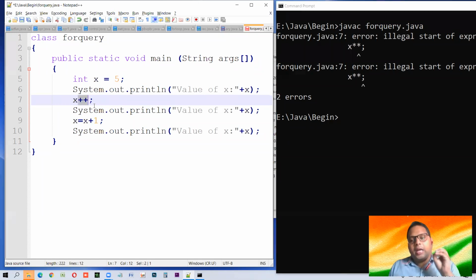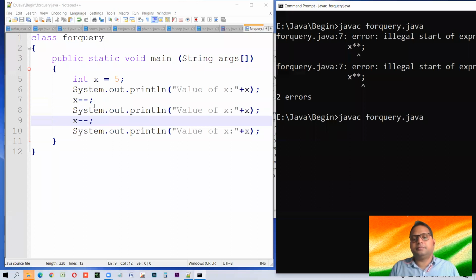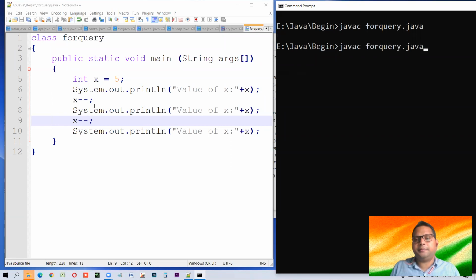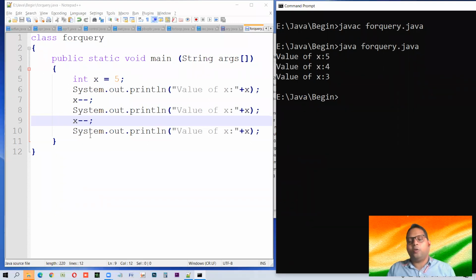This is simply an increment operator. It increases 1 to it. And yes, minus minus is the decrement operator, of course. Let us see this. To better understand this, you should watch the video regarding the operators. Look, value of 5, then it became 4, and then minus 6 changed to 3. I hope this point is clear to you. So now let us proceed to the next query.